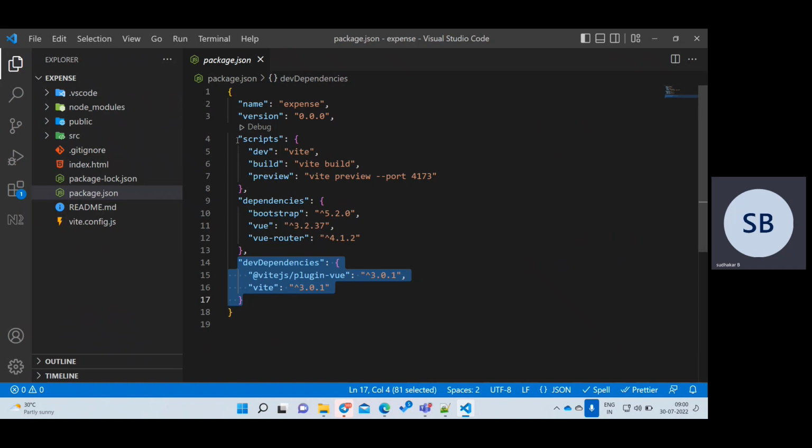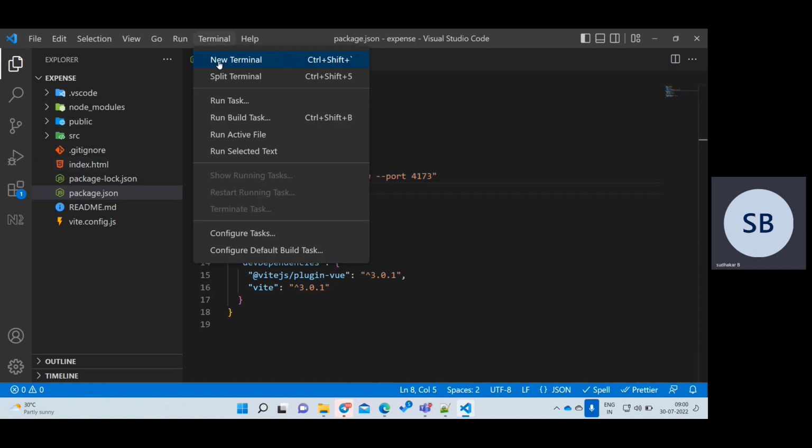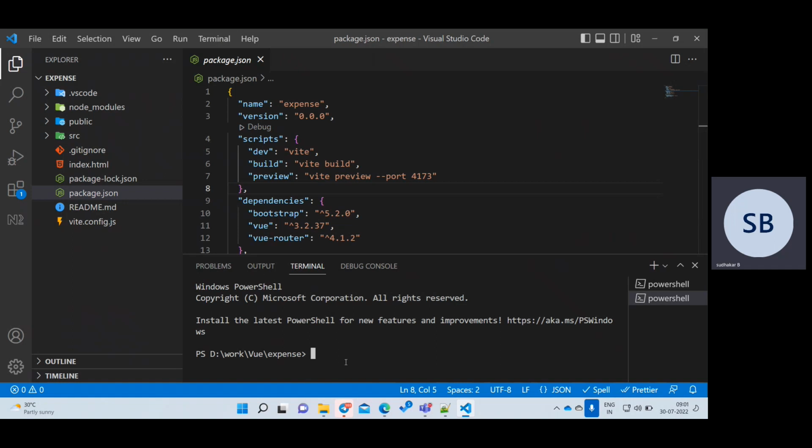Now you see the scripts. These are the shortcut commands for our project. What is the command we normally run? I have done the installation, and I want to start it. Npm run dev, right? So this dev, your Vue.js project, internally will be running on a library called